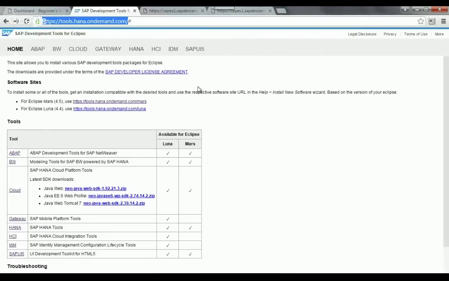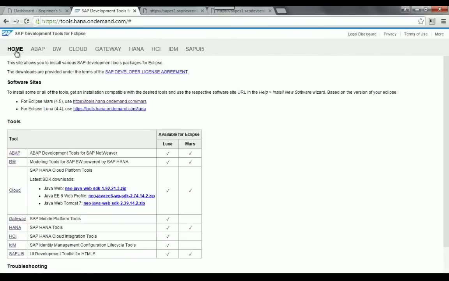So basically you need to go to this website. Okay, and then there are two versions of Eclipse: Eclipse Mars and Eclipse Luna. These are the versions, like how we have SAP GUI 7.4, 7.3, etc. Similarly, Eclipse has a nice fancy way of naming its software. So it is called Eclipse Mars and Eclipse Luna. I have downloaded Mars because that is the latest version, and I would ask you also to download it.